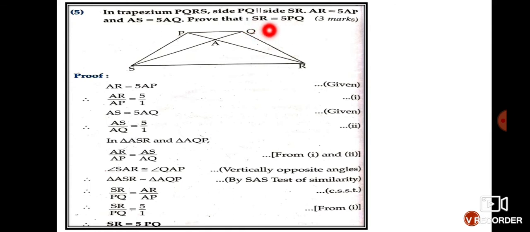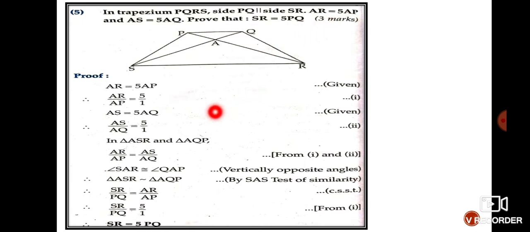Now you might see all these things and you might find, oh, it's quite difficult. But actually it is nothing. What you have to do is find out which two triangles you are going to talk about. You have to select two triangles, prove that the two triangles are similar, write their proportional sides, substitute what is given over here, and then you will get the answer.